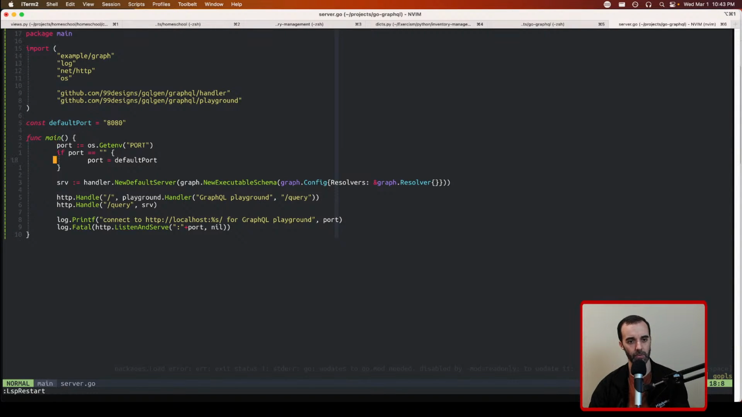It will look for a port, and then it's going to create this schema, essentially. So it's going to create a server using this handler thing. It's going to build an executable schema, so that's the thing it can run. So it's probably wiring together all of the functions that were generated. It's going to use a configuration. I don't know much about this resolver stuff yet. And then it's going to put everything. So here's the